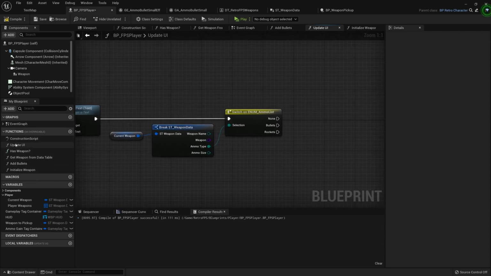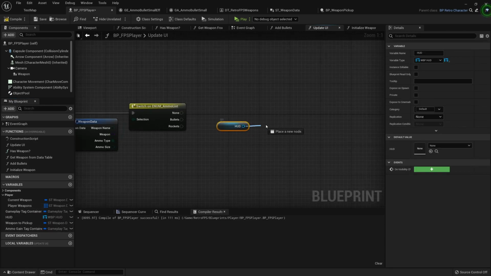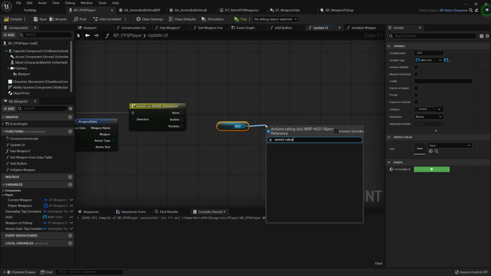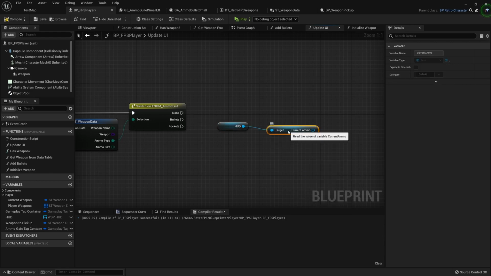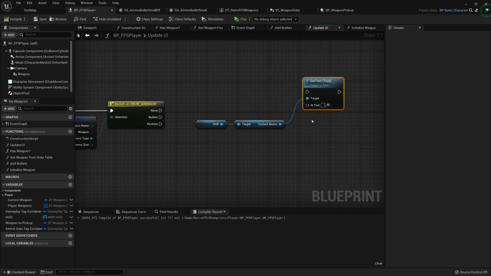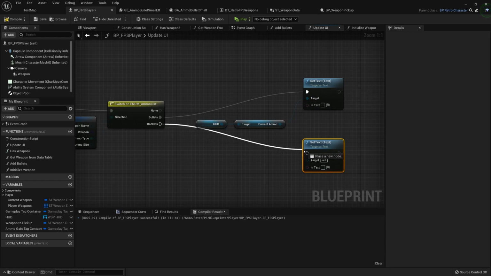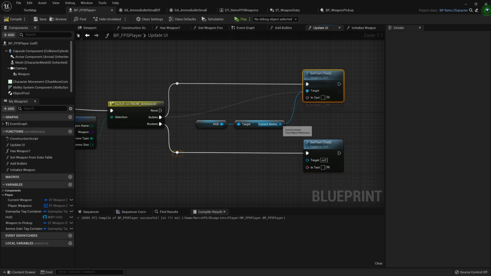And so all we'll be doing is getting the HUD here, and then from that, the ammo amount, current ammo. And we're setting the text based on which ammo it is. So for bullets, the top one is linked up, and for rockets, the bottom one's linked up. Just clean this up a smidge.